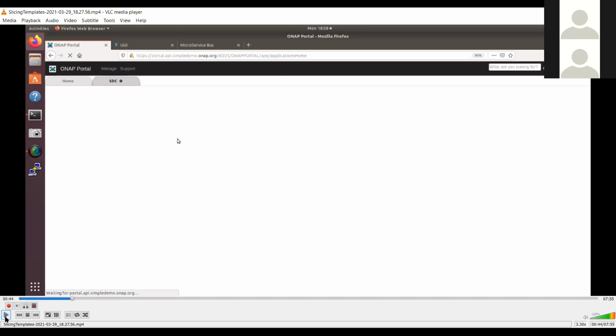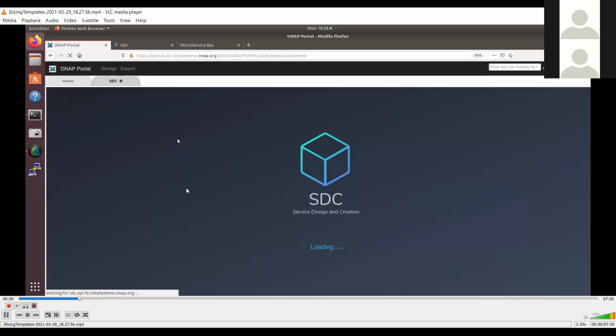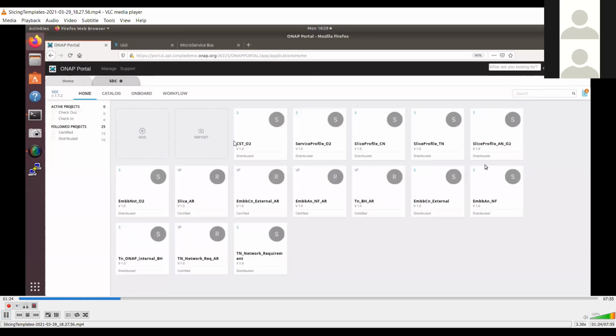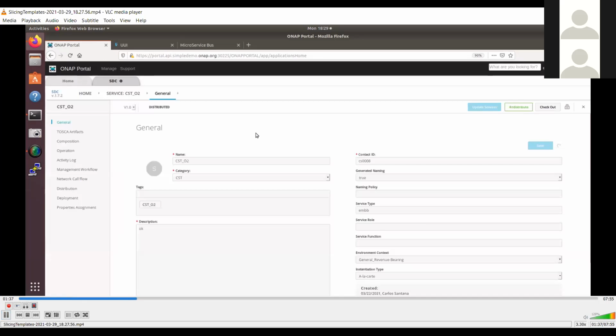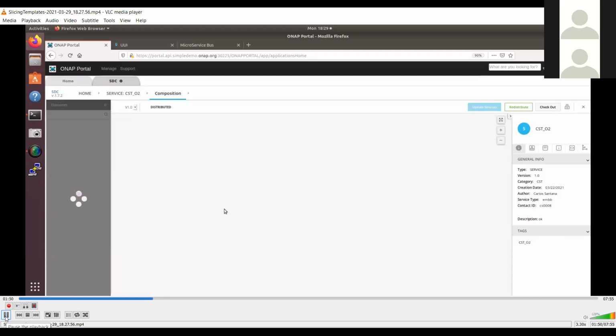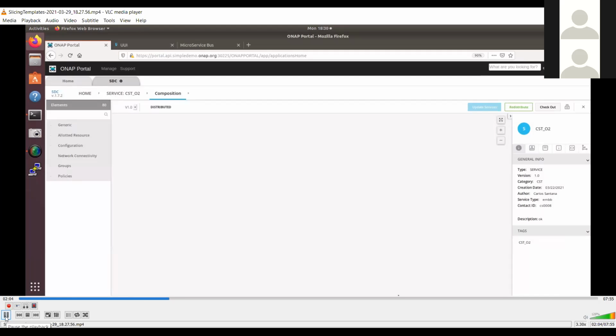So going through the SDC templates, we logged into the ONAP portal, and as we see, I'm running at 3x the speed, but due to network issues, I think we're seeing a little delay. So we have all these templates, and in the CST, the composition is primarily service profile O2.